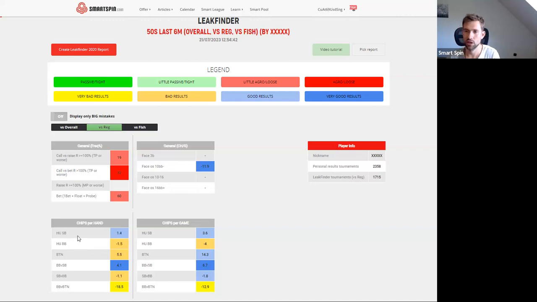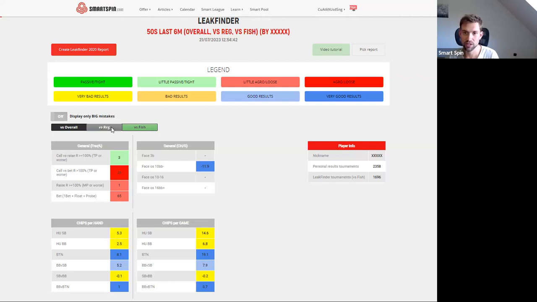So on average, reg versus reg runs somewhere around 0, while versus fish, the average result per hand heads up, I mean, okay, it's not the average per hand, but heads up small blind and heads up big blind sums up to